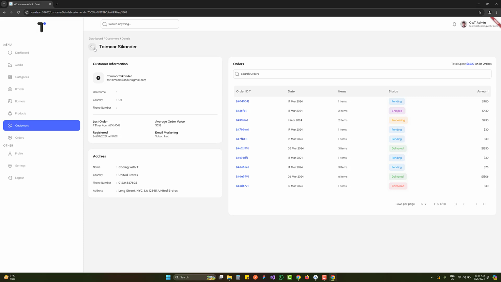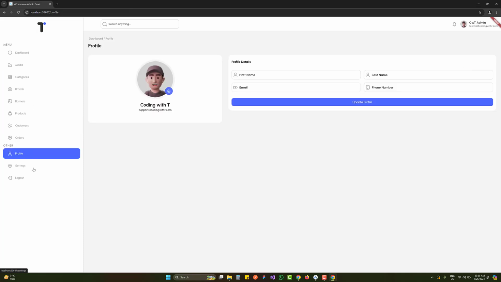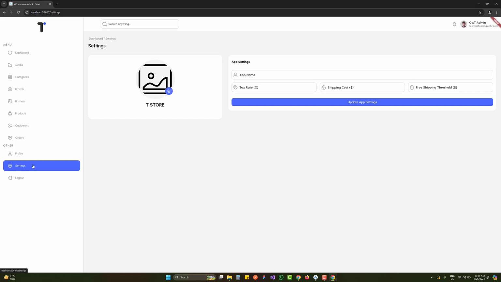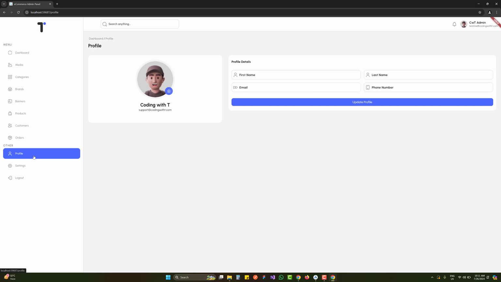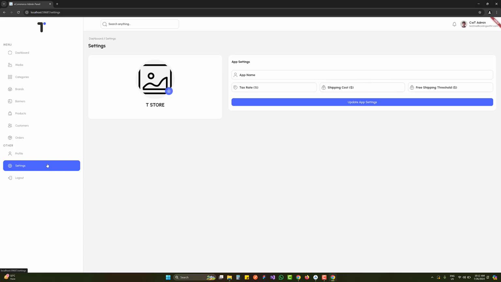So in this way, we end up with designing all these things, and media is completed in both backend and front end. Categories, brands, banners, products, customers, orders, everything is completed in both backend and front end. And now the next tutorial is about to create the profile, update the profile, and also the settings. These two are very much identical, so I'm going to cover them in one video and I'm going to leave one as an assignment. If we create this one, you can create the settings as an assignment, or if we create the settings screen, you can use the profile as an assignment.